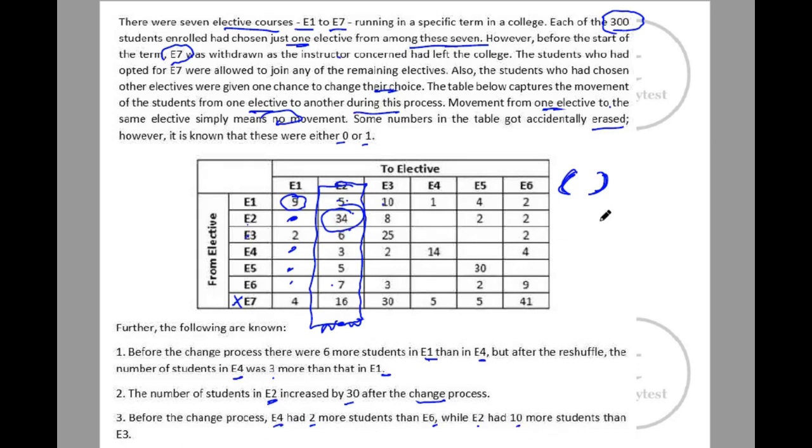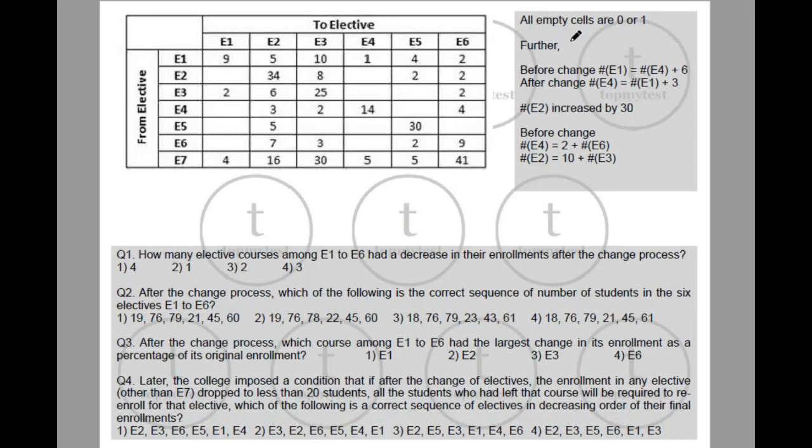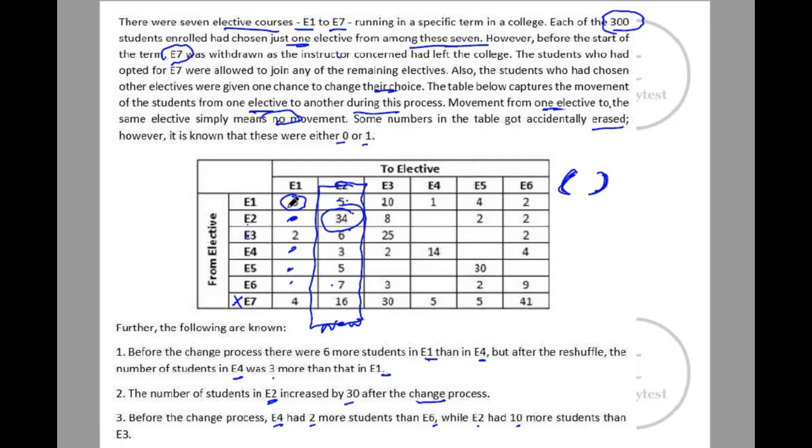Okay, so let's see how we can solve this. I have taken out the relevant information. All empty cells are 0 or 1. Total is 300. Further you have before change, after change, and I've taken a summary of all of them. Now, as we discussed here, if you take the totals along the row, it should be the number of people originally there, and if you take it along the columns, it should be the number of people